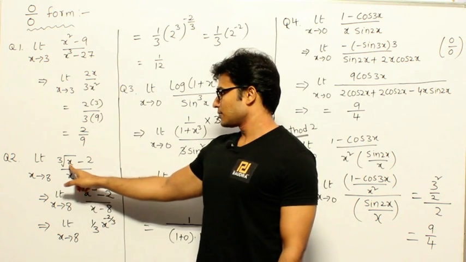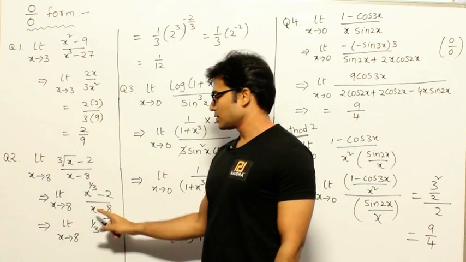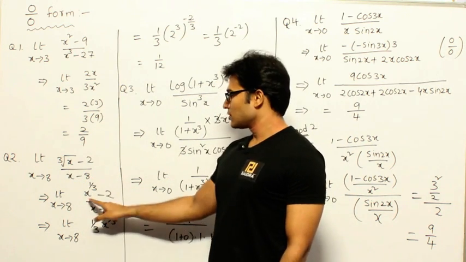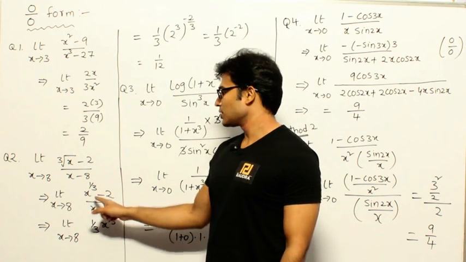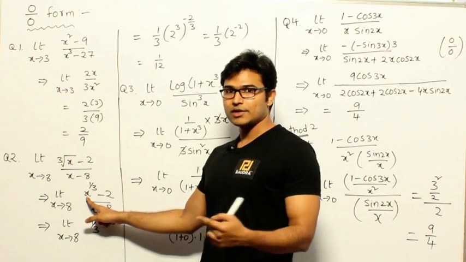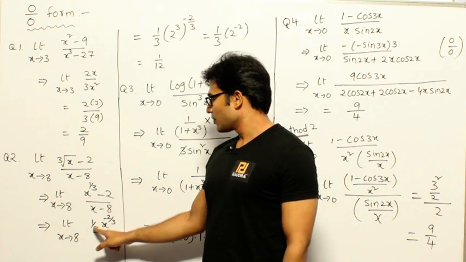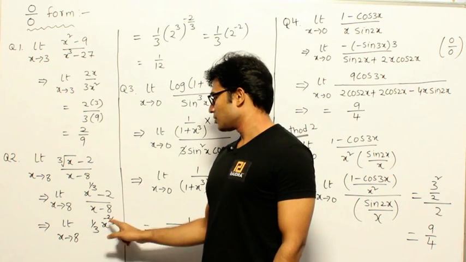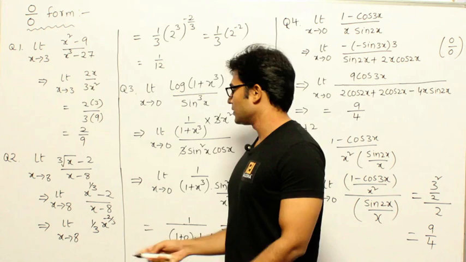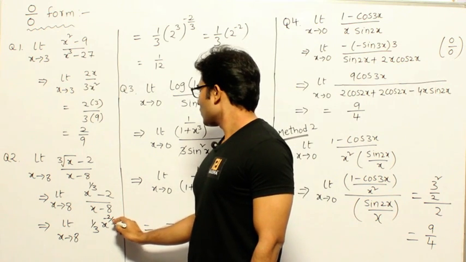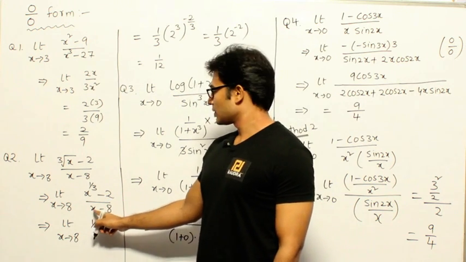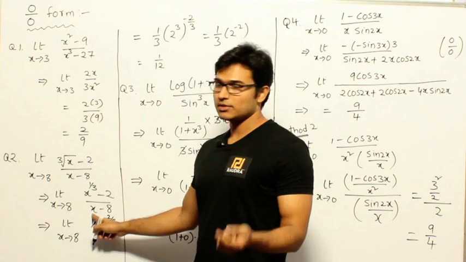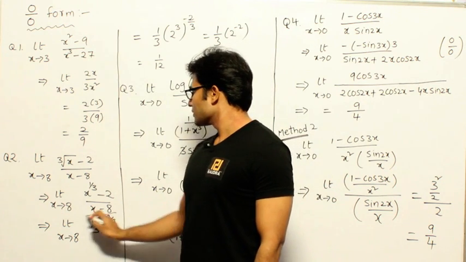So you can write cube root of x as if it is x power 1 by 3. Now it is in the form of x power n. Differentiate it, you are going to get it as n into x power n minus 1, which means 1 by 3 into x power 1 by 3 minus 1. That is why you get this 1 by 3 into x power minus 2 by 3. Okay, now what is differentiation of 2? 0. Now here in the denominator, differentiation of x minus 8 is 1. So now you got this.